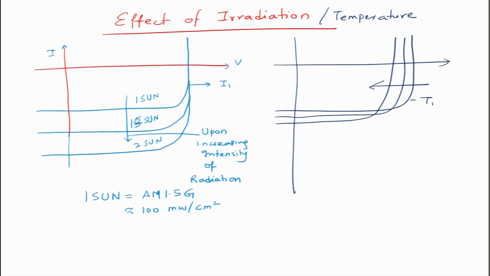So, this would be the direction of increase in temperature. This is how IV will change as a function of temperature, because you will be able to thermally excite a little bit more carriers as you increase the temperature. So, you will see some increase in the current, but it also leads to a change in the voltage, as we will see later on in the expression. This is what we discussed.